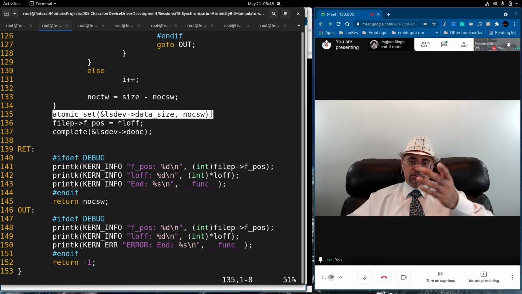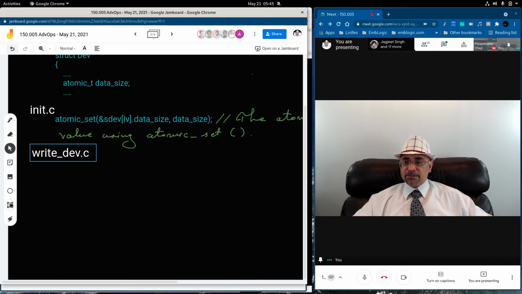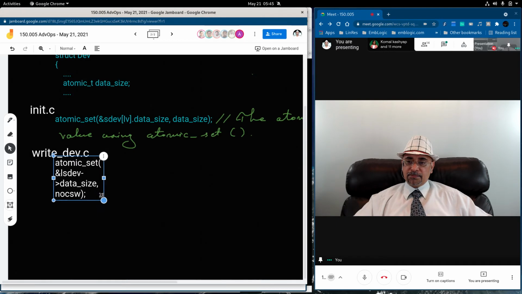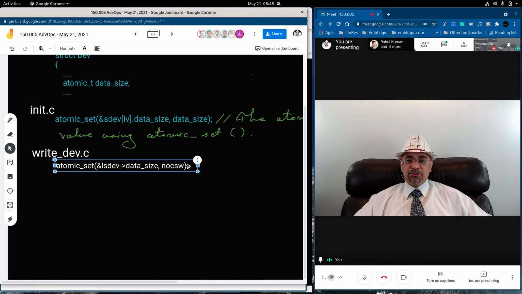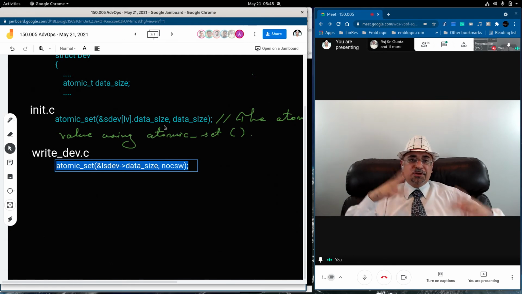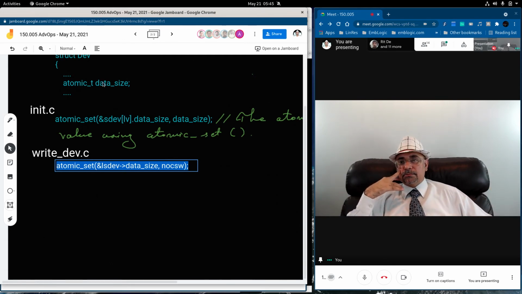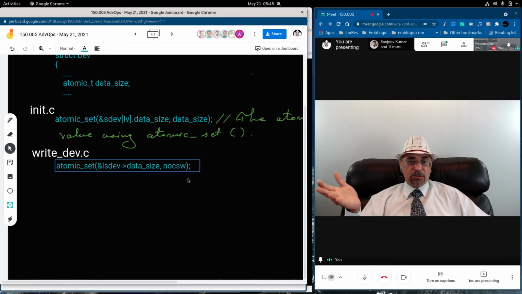You will change it to the number of bytes, the number of characters written successfully. It is not advisable to do atomic operation on big data. The bigger the data, the more difficult it is to compile it into a single machine cycle.